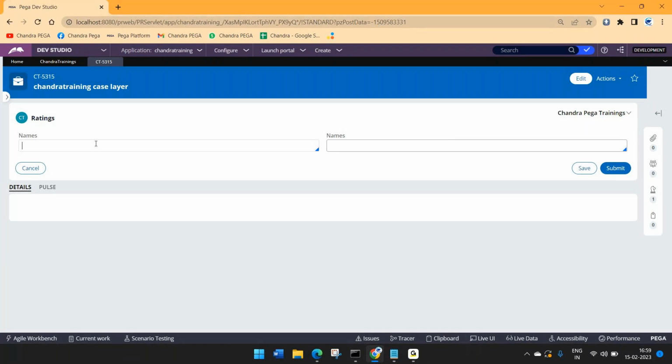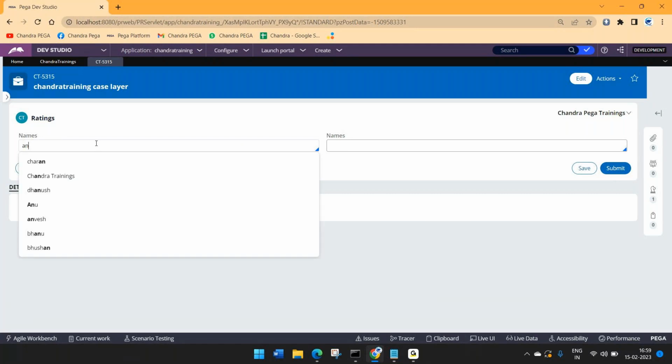Now in the first one, if I start typing anything, then whatever keyword we enter, we can see its related suggestions. This keyword might be at the end or in the middle, wherever it is, we can see all